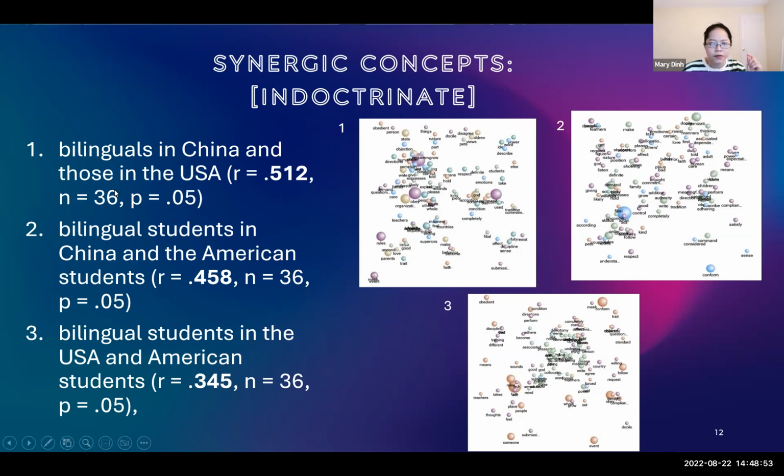Actually, the bilinguals in China and the bilinguals in the United States think really like each other, with an equal chance, like half of the time. If you have 10 people, 5 people will think exactly like the bilingual in China. So you see that the way they think is strongly correlated. However,